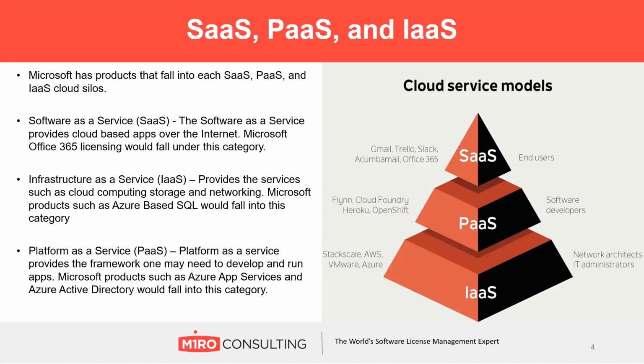So as Sean has said, these are a lot of terms you see. The publishers are using these to group or consolidate their products into different silos of how they're being used and the actual solution. So software as a service, you figure it's the service, it's a product of using the product. You click on it, it runs. Office 365 is the perfect example. You get the solution, you want to use Word, you click on it, it works. There's nothing really you have to do to use the product.